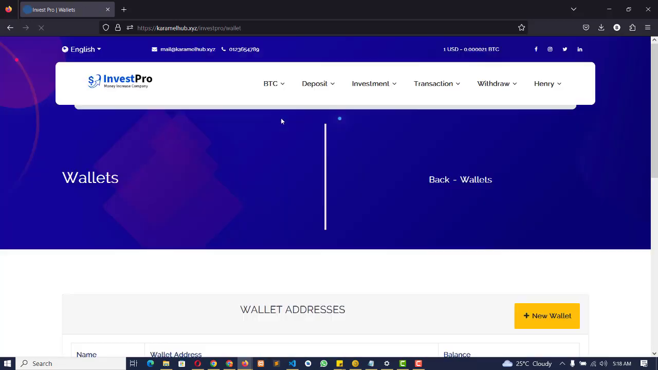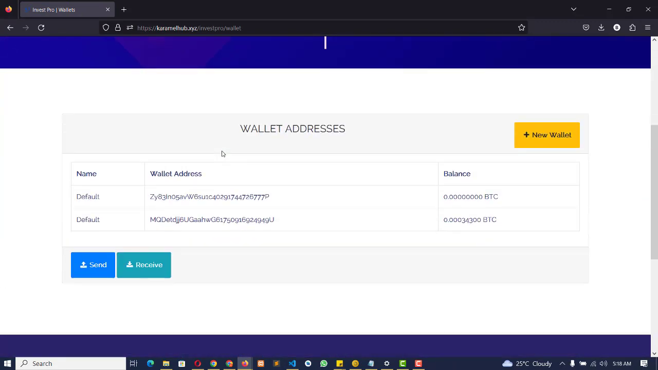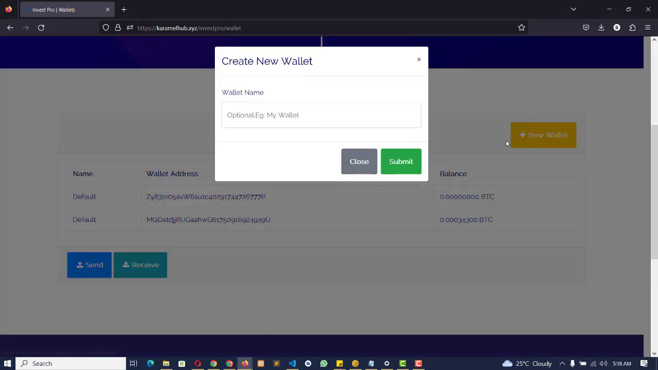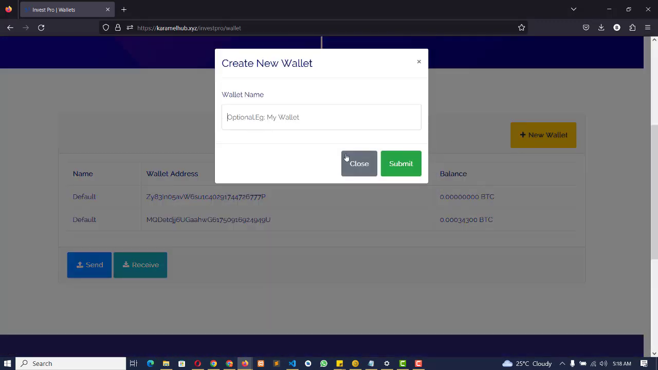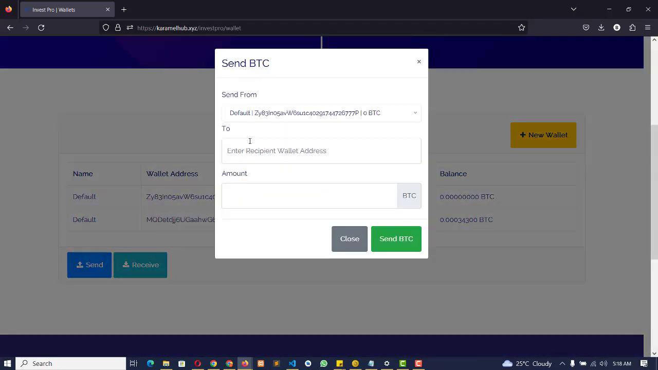So now I'll go to BTC now. So this is actually my wallet address, which the website generated for me. So I can click on new wallet, put in a wallet address, and click on submit. So this is actually a default wallet address which the website generated for me. I can click on send now. So I want to send